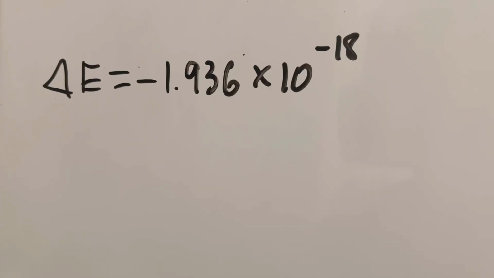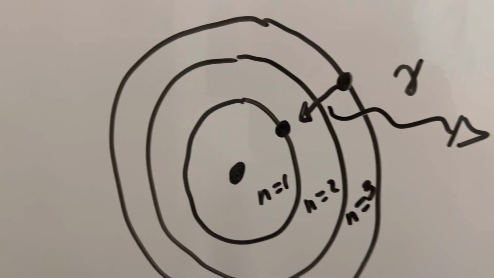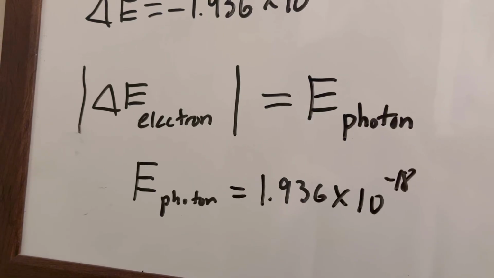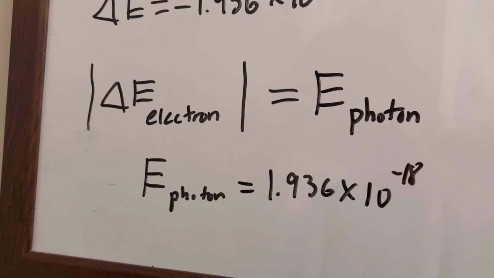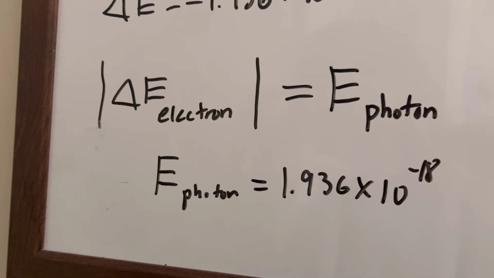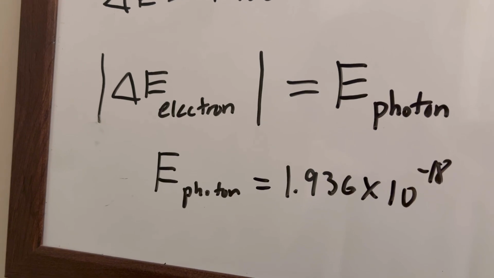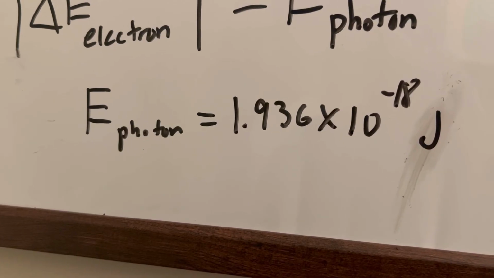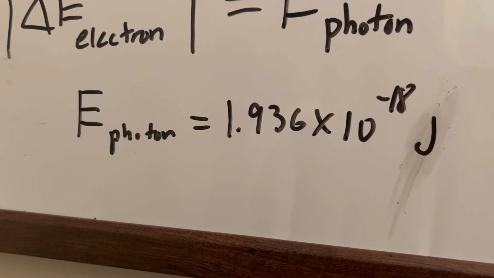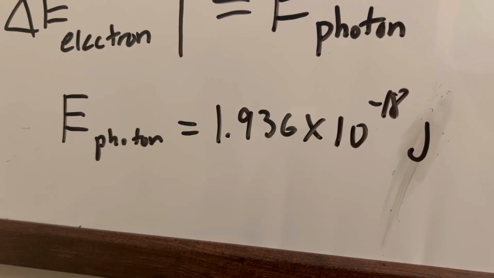The reason why this is a negative value is because the electron is releasing the energy. Now to finish the calculation to find the energy of a photon, all we have to do is take the absolute value of the change of energy of the electron. So the energy of the photon comes out to be 1.936 times 10 to the negative